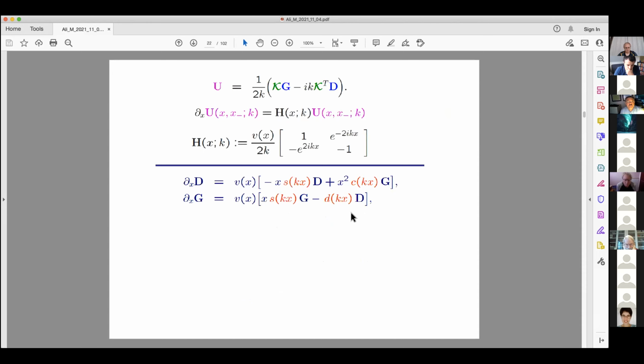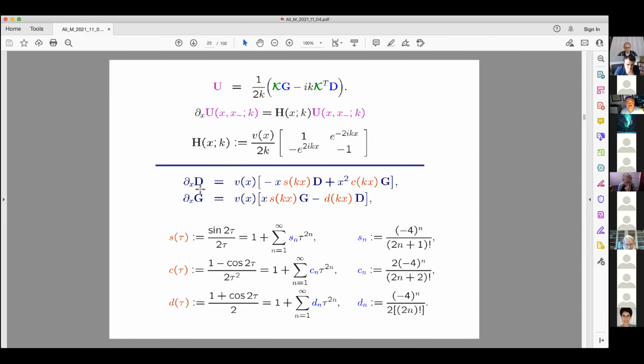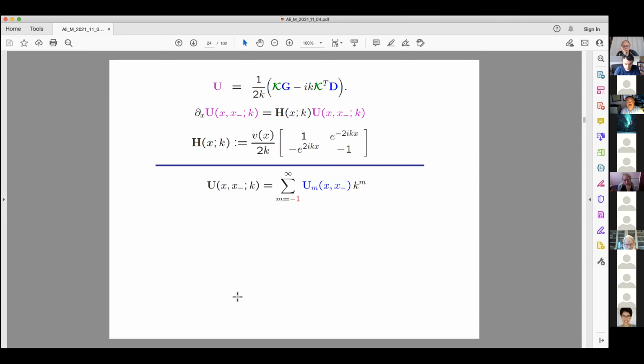And if you now write U using this formula and plug it in the Schrodinger equation, you get two coupled equations for these D and G. The coefficients that appear in these equations, the important thing is that they are even functions. They are sines and cosines, but you'll see they are even functions, and that's why we could deal with this. So by inspection, one can easily see that